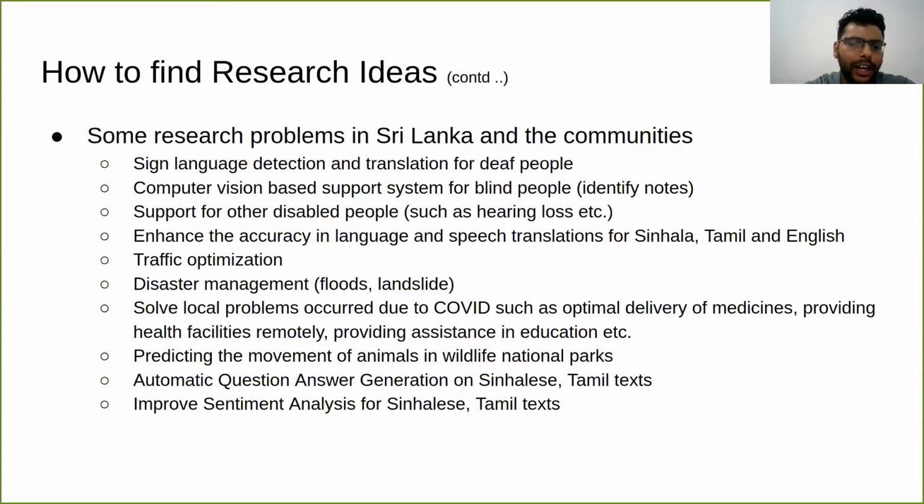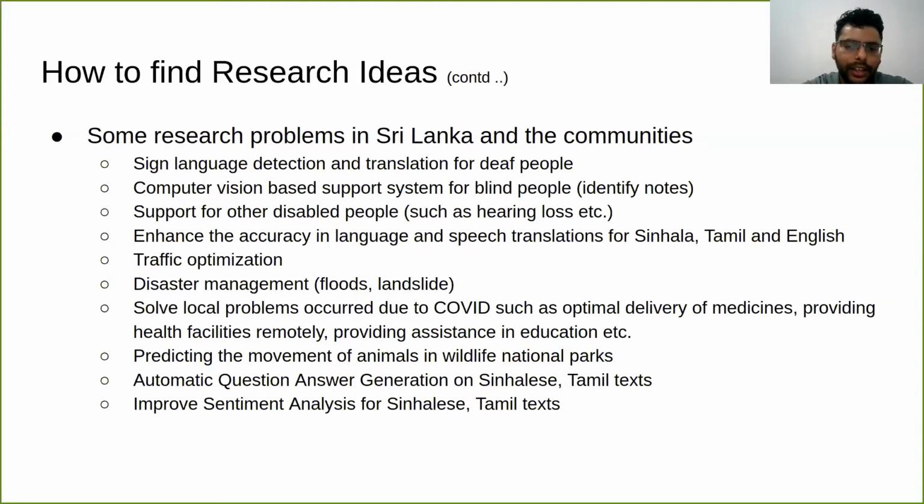And one other area that you can look into is disaster management. Currently there have been lots of floods and landslides in different areas. So you can go and talk to the people around that, or maybe you can study on your own, do your own research, and see if AI can help. Predicting these floods and landslides is also one research idea, but also organizing the resources or providing them with facilities and so on. So those can also be research ideas that you can look into.